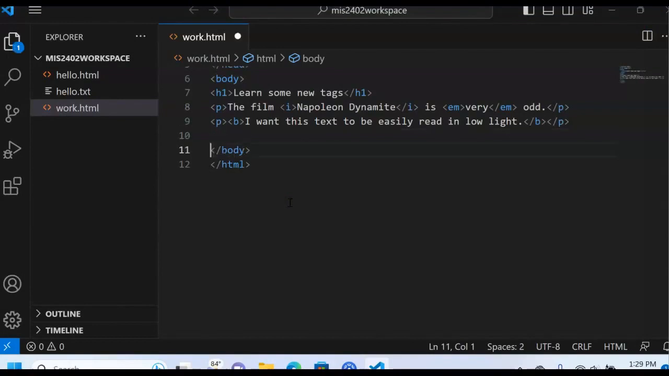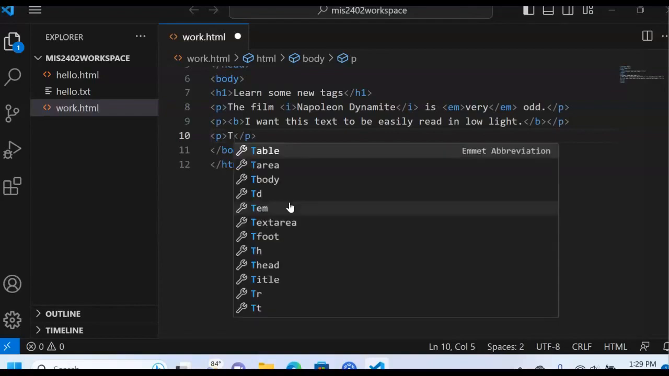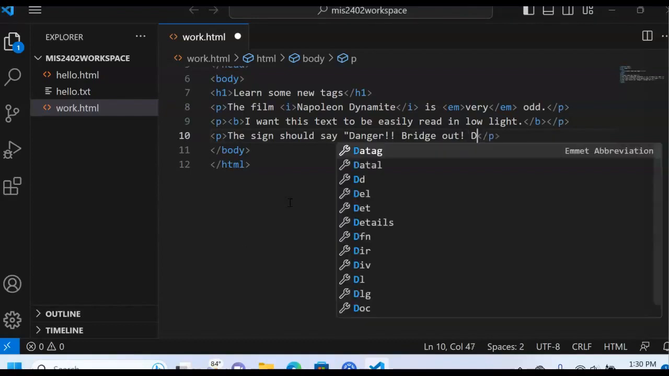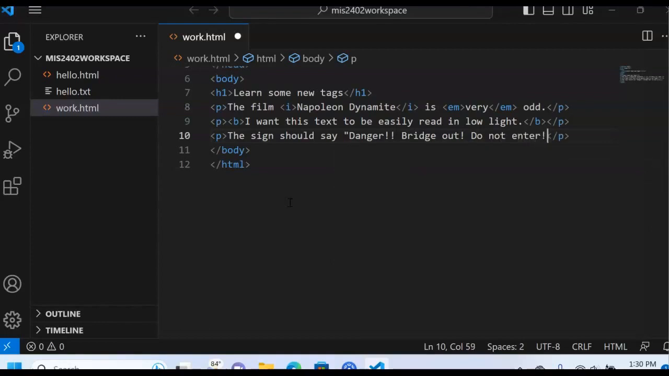All right, but that's not the only reason I might bold some text. I'm going to make a third paragraph here. And I'm going to say, the sign should say, and I'll put in a pair of quotes there just for fun, danger, bridge out. And I'll add do not enter, do not enter. Okay, so this would be considered